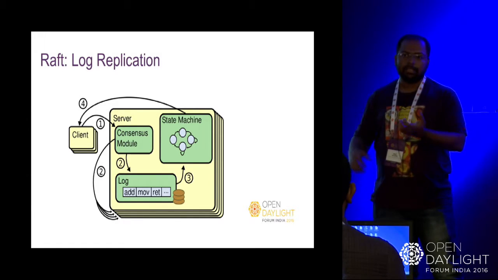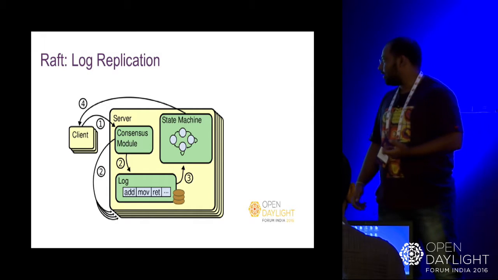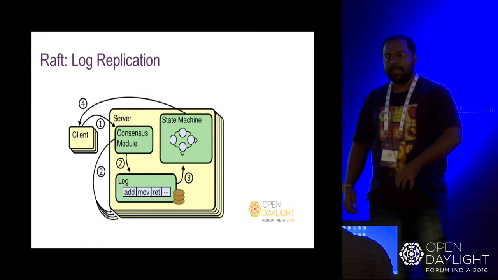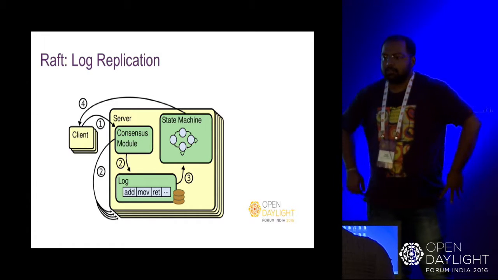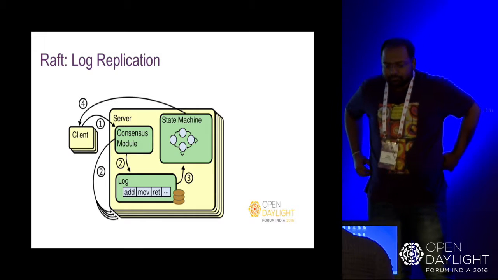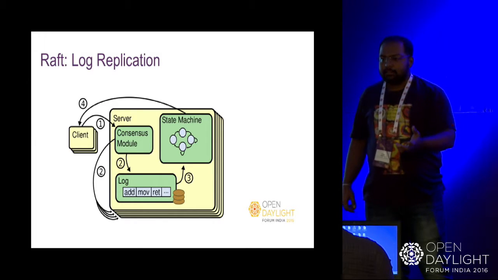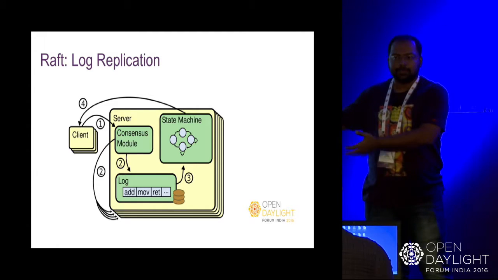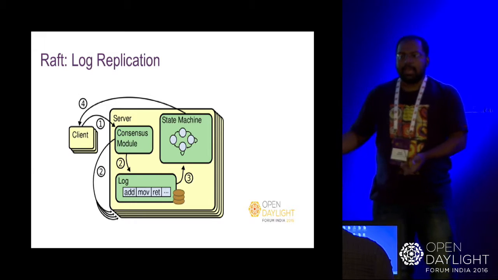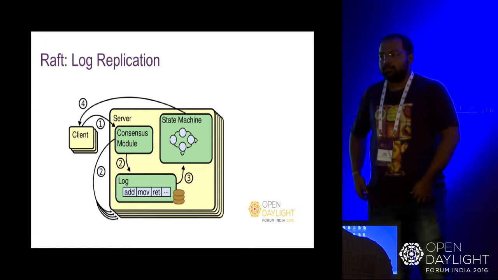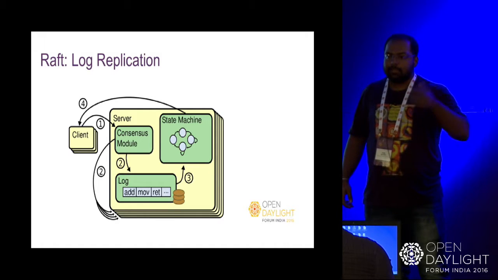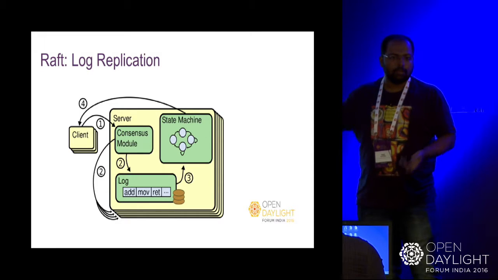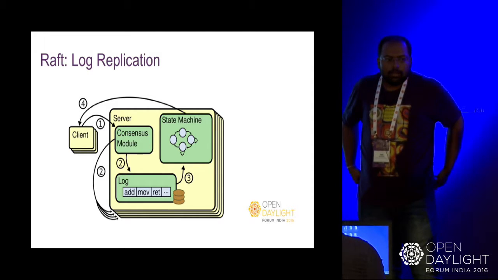Okay, so once the majority of followers reply back that yes, we have added to our logs, what leader will do is it will commit the entry, and then after committing it, it will apply it to the state machine. So once it is applied to the state machine, leader will ask its followers also to apply to their respective state machines. Okay, and hence the followers will also apply x equal to 5. So in this way your whole let's say it's a key value store, the key value store just gets replicated to all the 3 nodes. Okay,